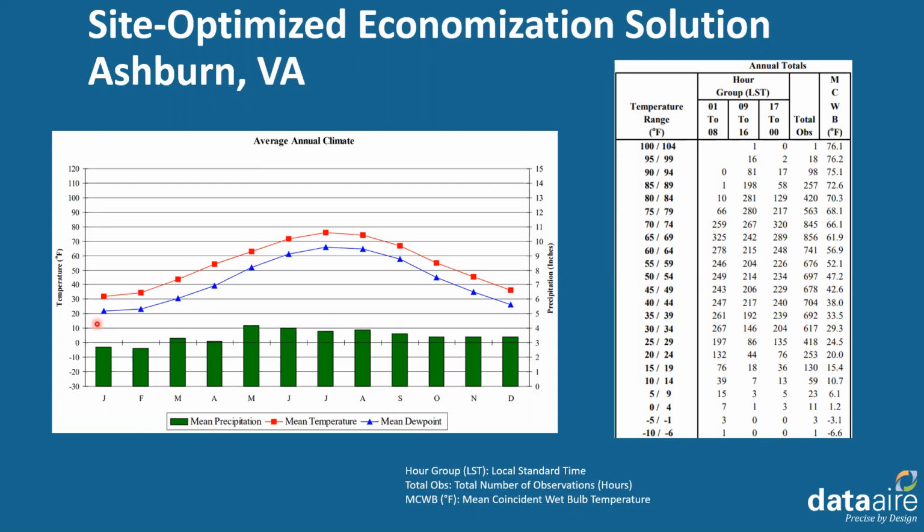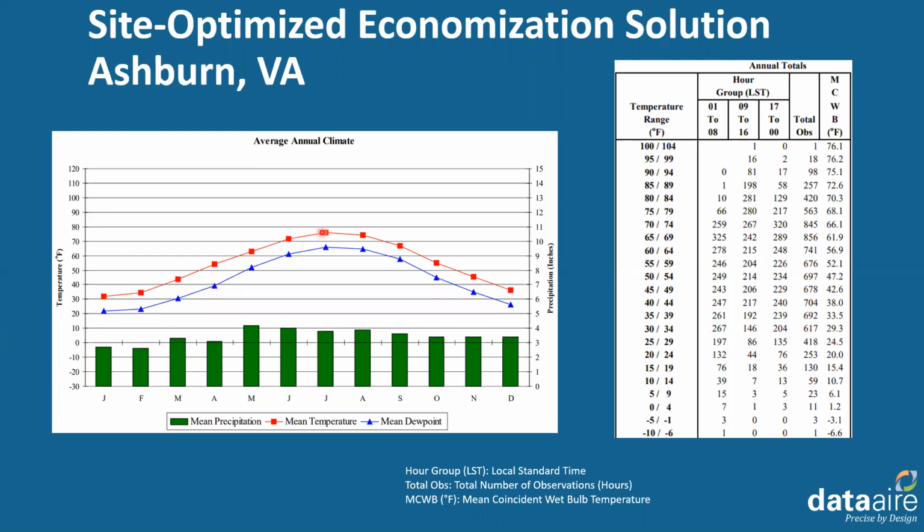And to calculate the energy usage and percentage of free cooling, what you have to do is look at the bin data. If you haven't heard of bin data, the bin method was developed from historical weather data for a particular location, and the number of hours that a certain location experiences temperatures within specified temperature ranges, or bins, is recorded. So what you see here for Ashburn is